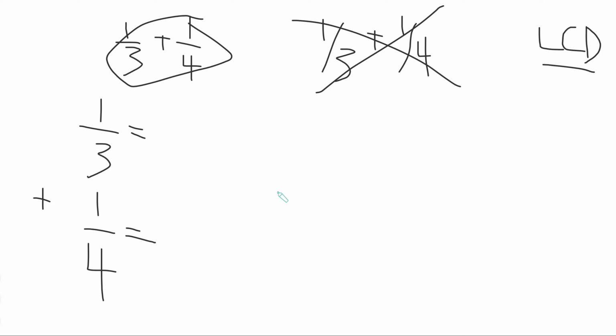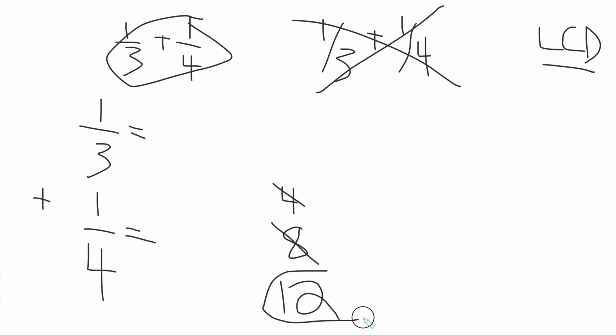So then you take that 4, right? That gets crossed out. Now you double it. And then you check. Does 3 go into 8 evenly with no remainder? Right, it doesn't. Now we go to 12, which is just 4 times 3. So now we know, since this is 4 times 3, we know that 12 is our LCD. So 12 is our LCD for this addition problem. So we're going to do 12